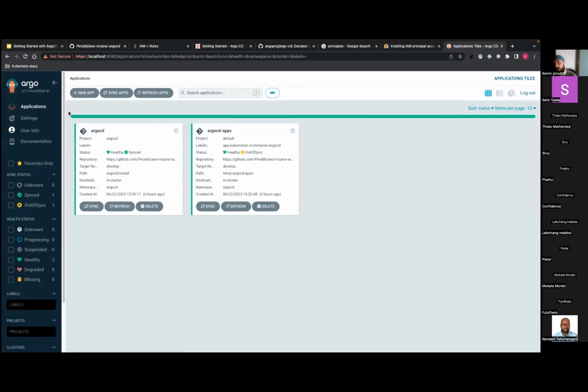Never do that on the UI. ArgoCD can manage itself, because everything in ArgoCD is also defined in a YAML file, it is declarative. So from repositories, which we'll get to, to applications and clusters, everything can be defined in a Kubernetes manifest. So don't do things manually. If you're going to manage your entire environment declaratively, manage ArgoCD declaratively. But don't create apps on the UI. We'll show this now.